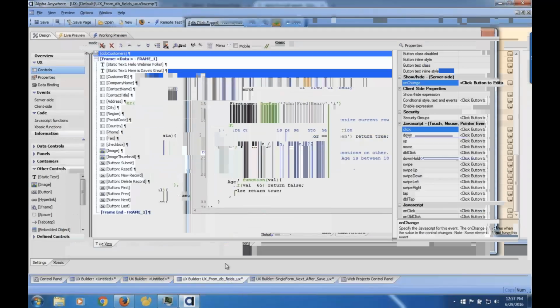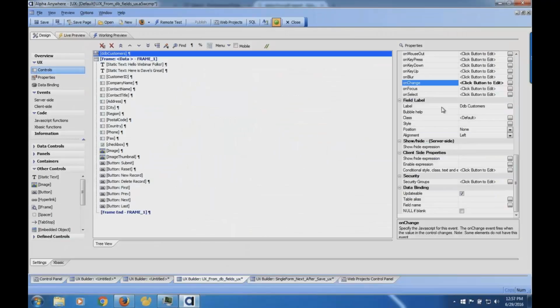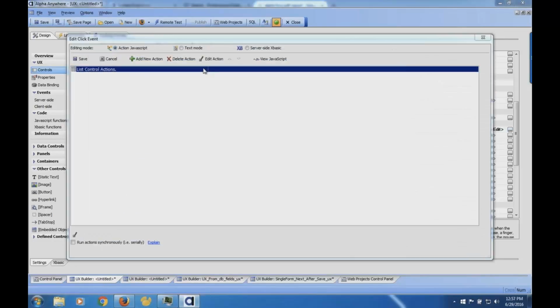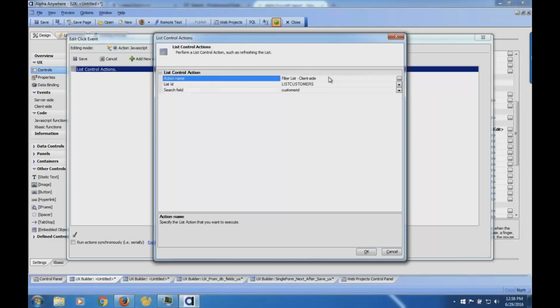But the important thing is don't use primary key values if you're disconnected. Use a list along with, at least initially, the filter list client side. Now if you do know you're going to be connected server side, I would still stick with a list, especially for a mobile implementation, and use the server side, which does a callback to the server, so you have to be connected, but it gives you a lot more flexibility, ease of use, and power. This one's fairly simplistic, but you can do pretty sophisticated stuff there. So that's how I would attack that problem if I wanted to do the same kind of job.